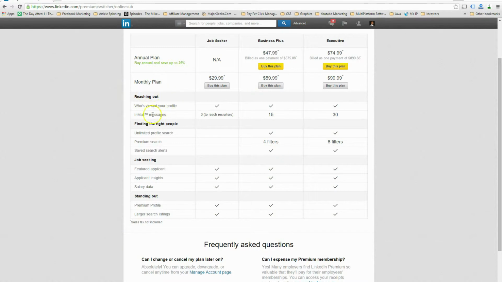So you look here, it's pretty limited in how many people you can send to that you're not connected to. If you have the basic account, you can send to 3 people. You have the Business Plus, you can send to 15 people a month. This is per month. 3 people per month, 15 people per month, and 30 people per month using the highest